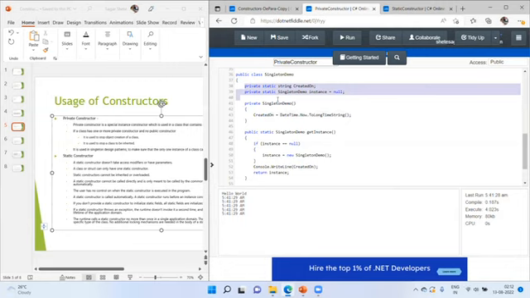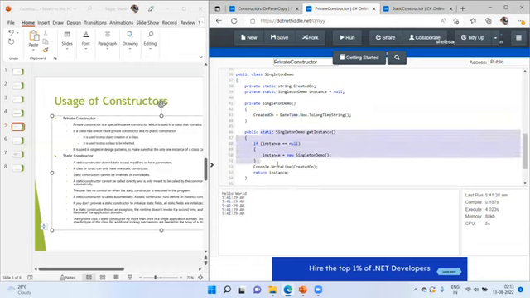Yeah. So you can see over here the constructor that we are declaring is a static constructor. And it has a CreatedOn property which we are initializing to DateTime. So now I'm able to create an instance of this particular